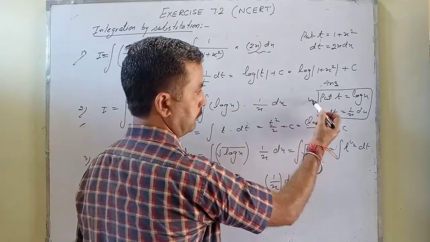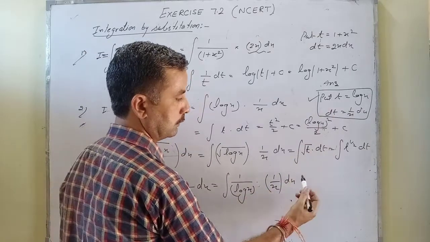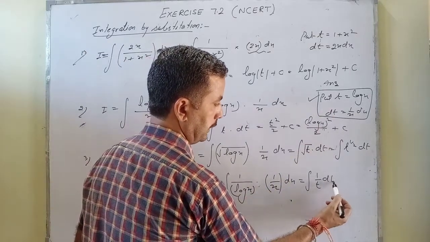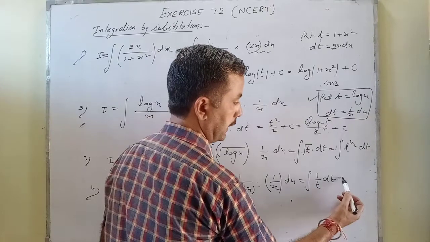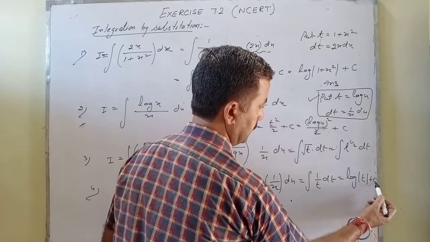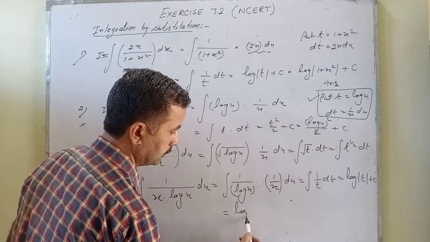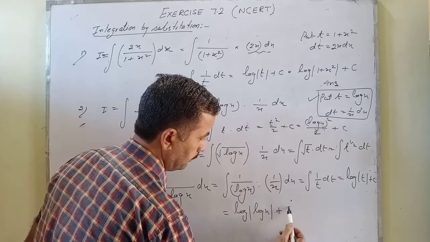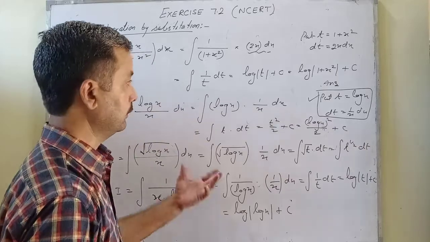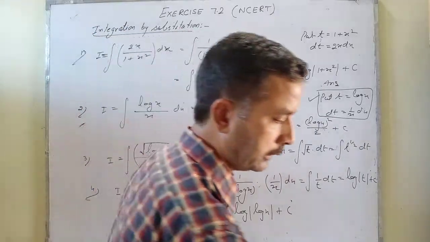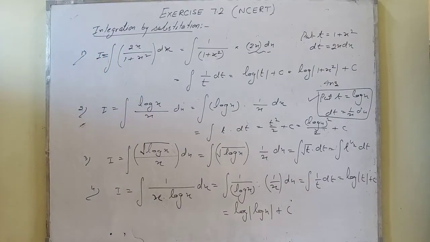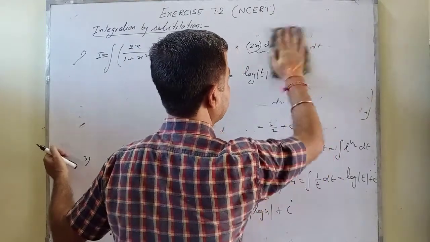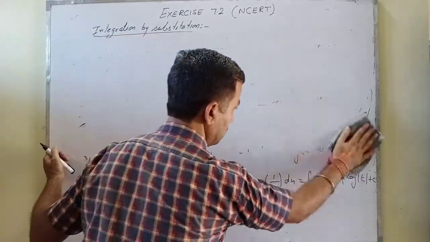And again the same substitution will be there. t is equal to log x and dt is equal to this. So therefore this question is 1 by t into dt, 1 upon t into dt, and you know what is the integration of 1 by t? So that is log of t plus c, and now replace this t. So therefore this is log of log x plus c. I don't think there is any confusion in this. Okay? So we just try to identify what is f(x) and what is its f dash x. If you identify these things, then it is very simple to put a function as t and find its derivative in that one. So let's take some other questions also.